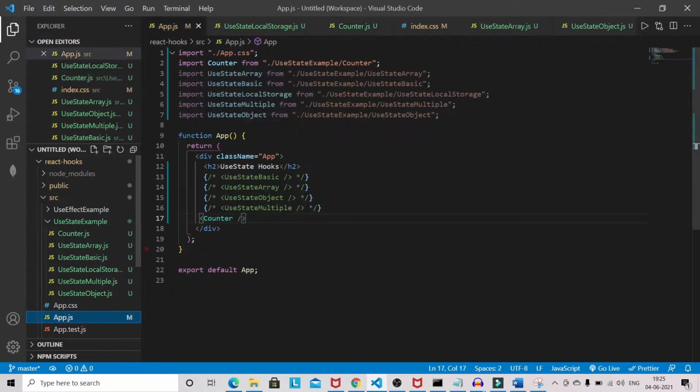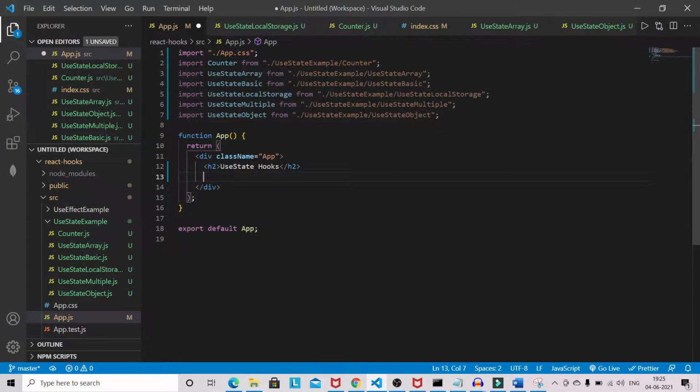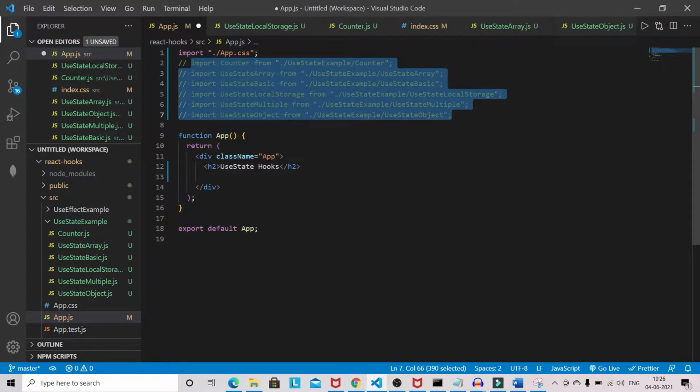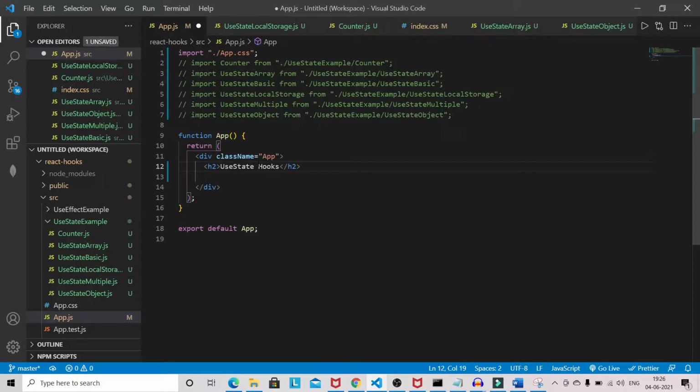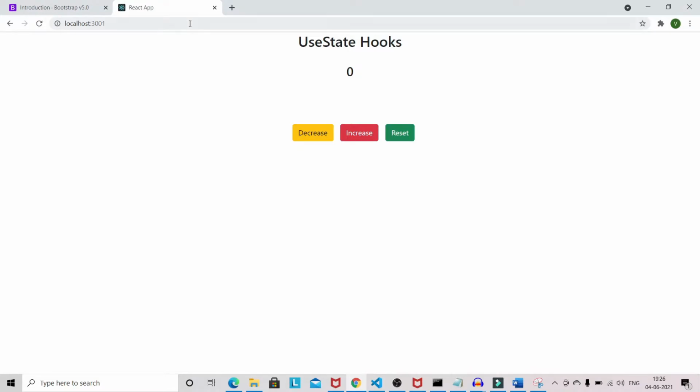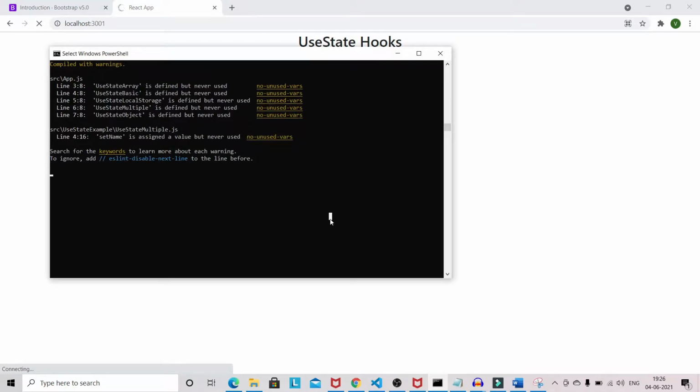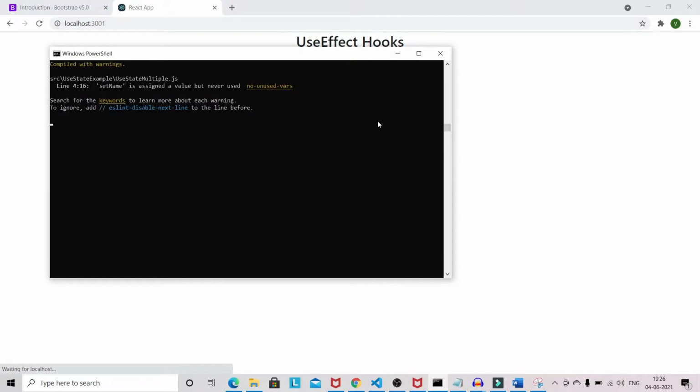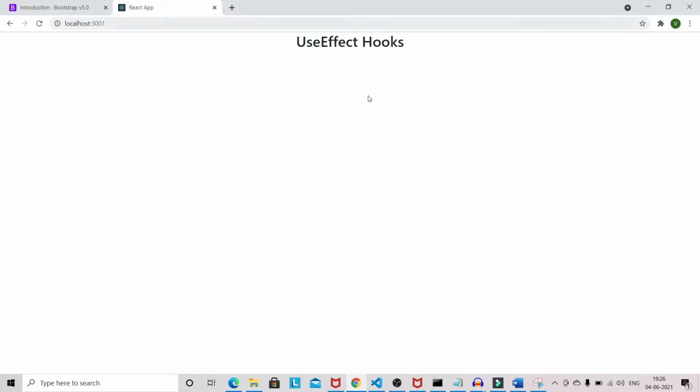Let's come over here to App.js and remove everything, and I will comment this one out, and name the heading useEffect. Let's see in the browser. Let's reload. It's compiling. Okay, it's compiled.